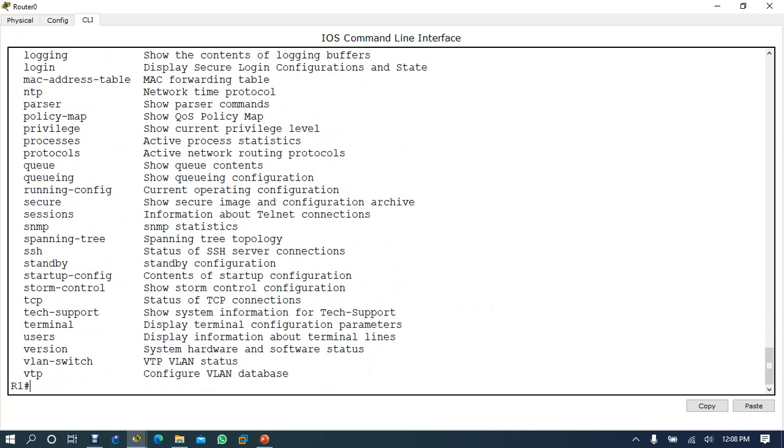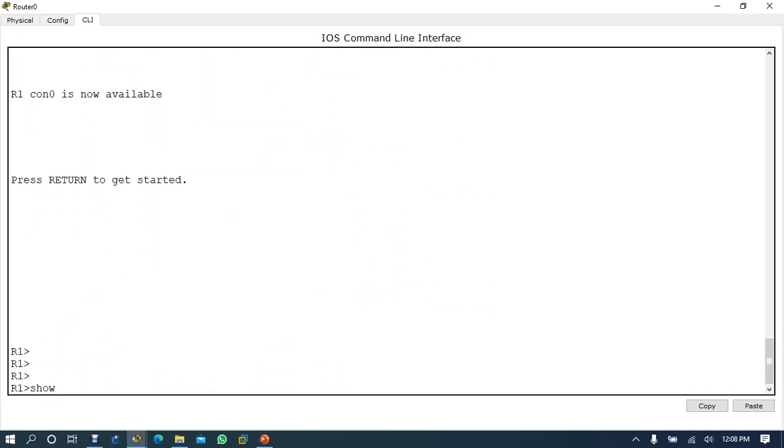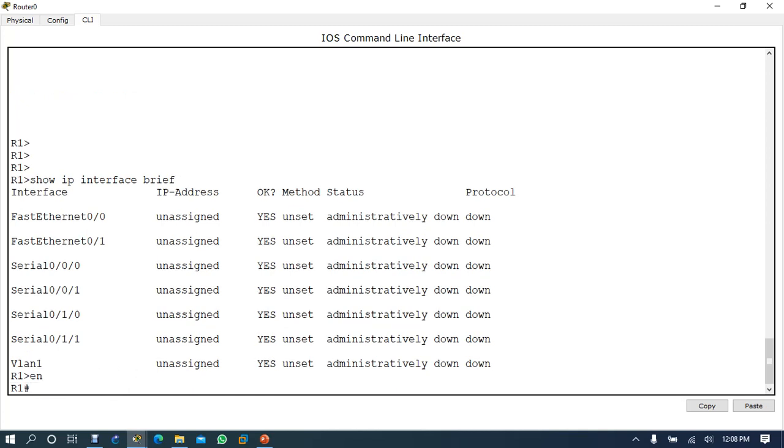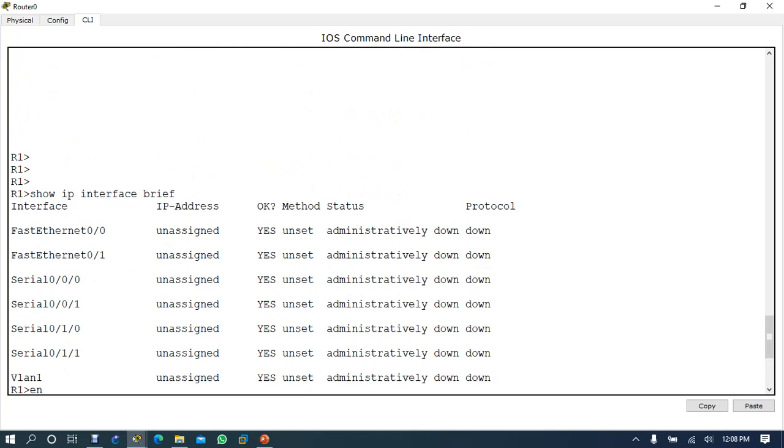Here you can see show IP interface brief, to get the IP address of your interface. You can run this command here also, in privilege mode. Nothing is assigned yet.